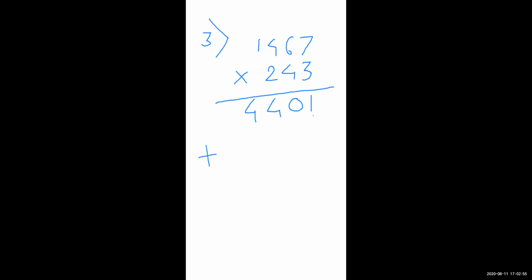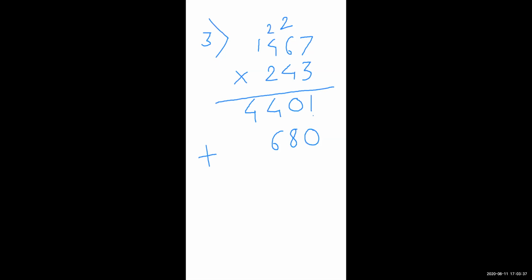You know that 10 has 1 zero. So write here 1 zero. Okay. Then multiply this 1467 by 4. See, count 4 table. 4 7s are 28. 28 is 8. Okay, 2 goes to carry. Then 4 6s are 24. 24 plus 2 is 26. 26 is 6, 2 goes to carry.